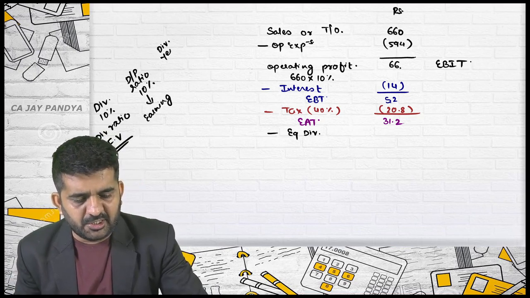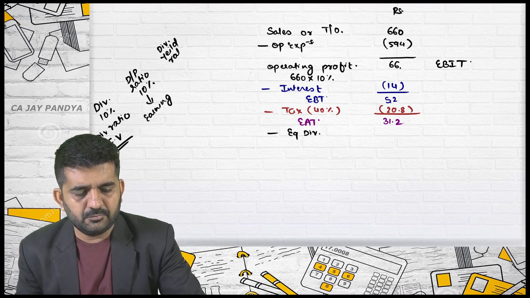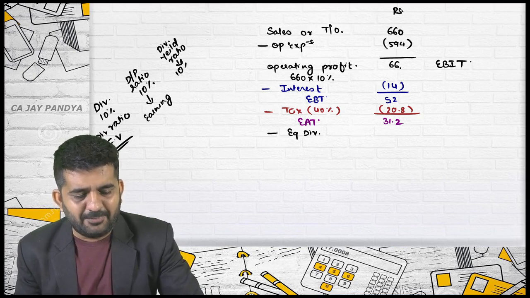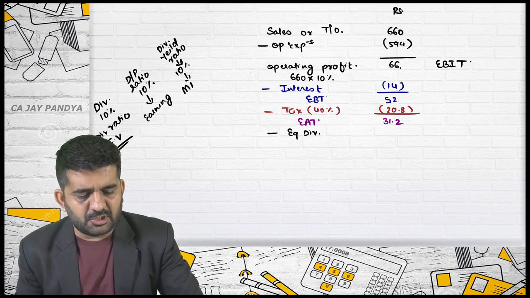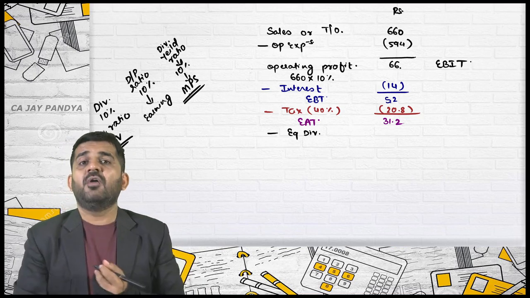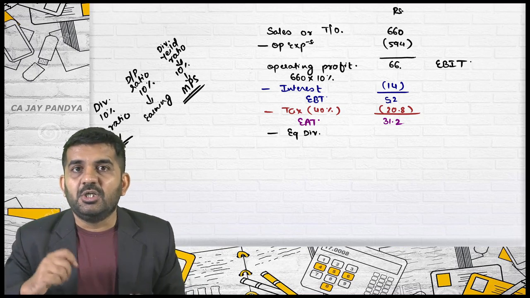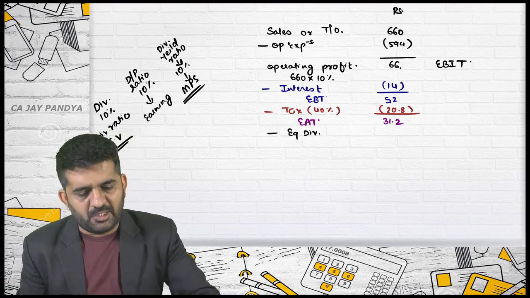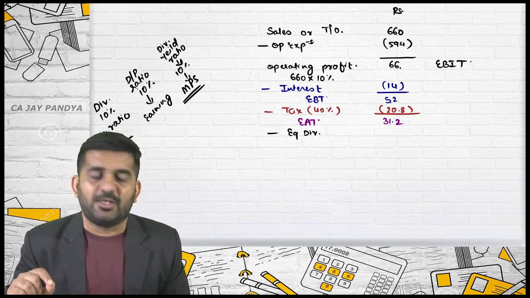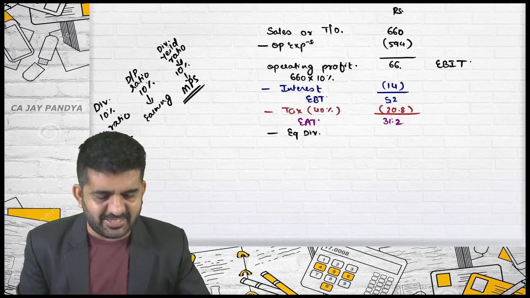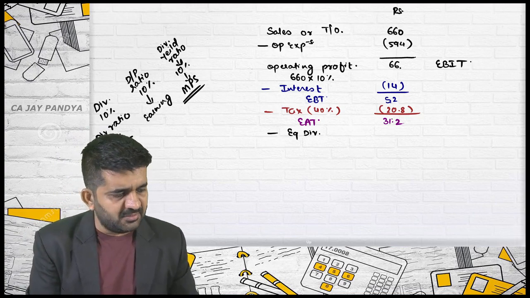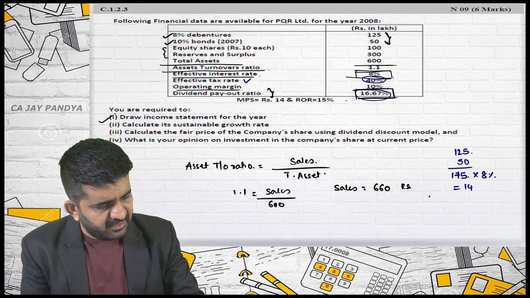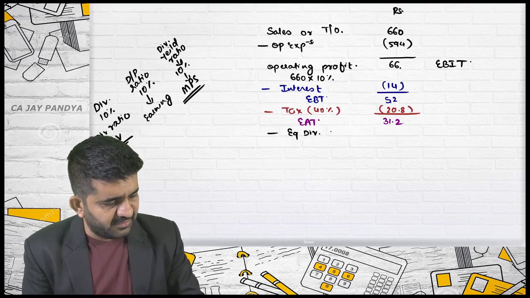Dividend yield ratio, say is 10%, then this 10% is on market price of share. Is it alright? So yield is calculated on market price, dividend ratio is calculated on face value, and dividend payout ratio is calculated on earning. Is this earnings? Yes. Which ratio is given to me is dividend payout ratio? Is it alright? Dividend payout ratio is 16.67%